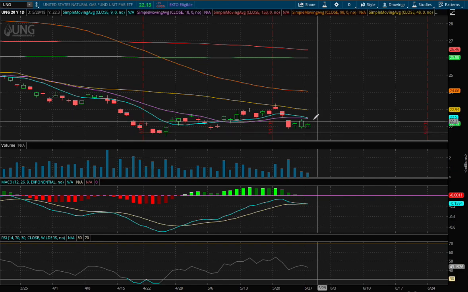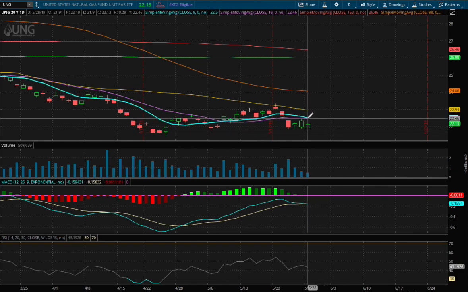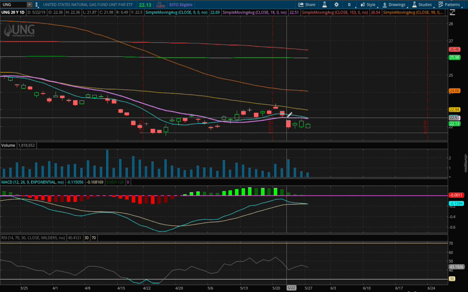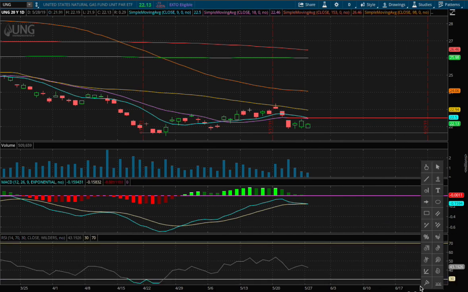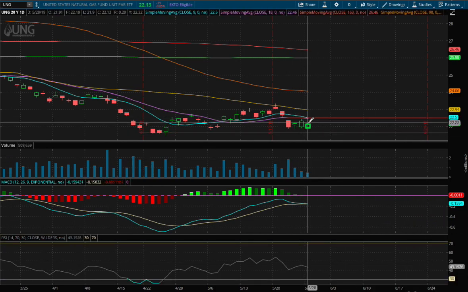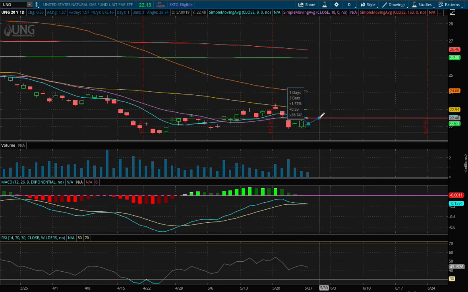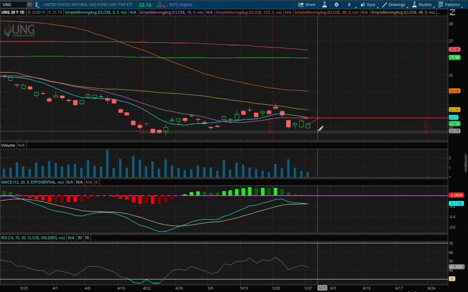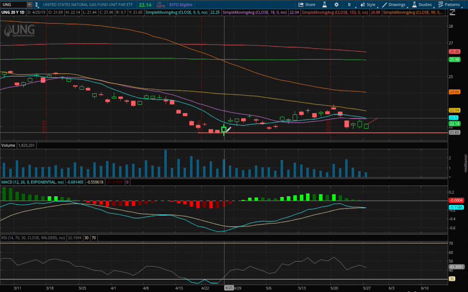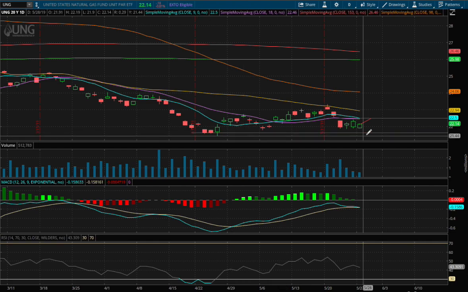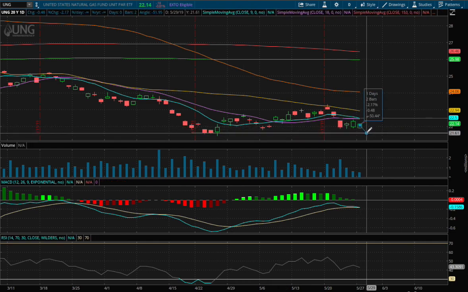And as for resistance, I'm looking at where these two moving averages converge, so that is at the price of 2250. So there's not much room to move up or down, but I do see eventually in the next coming days or within 1 week we may explode up or down. So if we were to touch the resistance level, that price level will be about a 1.6% move up. But if we were to find support back here that dated back to April 20th, that price movement will be around